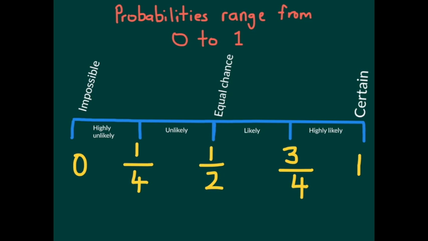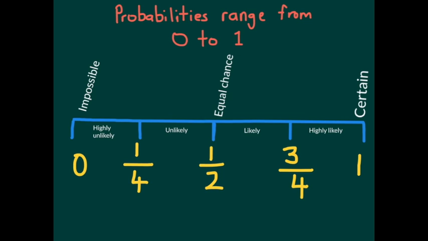When we're talking about different events and their chance of happening or probability of happening, we can actually look at this scale here, which is very useful. We can look at things and go, well, there's a certainty that an event is going to take place. Or is it 50-50? If we're flipping a coin, for example, there are two possible outcomes. Or if an event is perceived as being impossible. And then in between, as you can see here, we've got highly unlikely, unlikely, equal chance, then we've got likely, highly likely. And then we have, as you can see here, fractions and whole numbers associated with these chances or